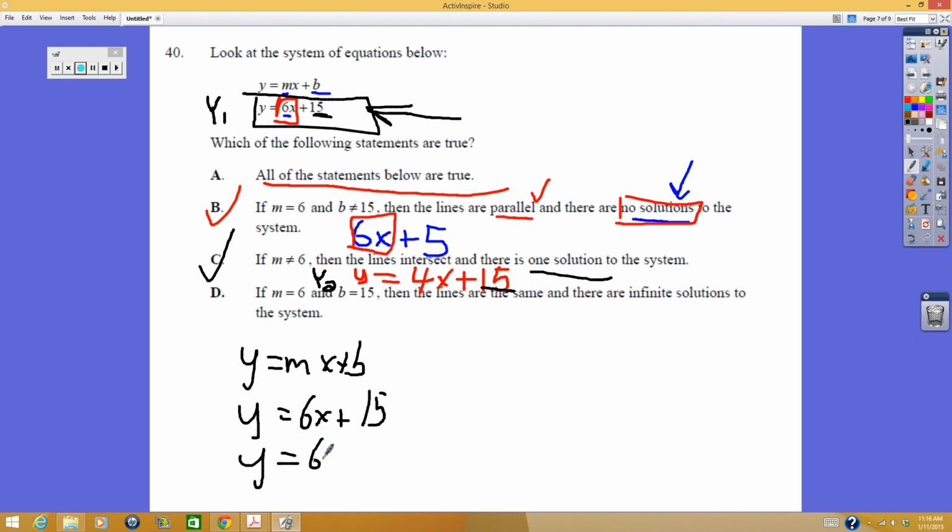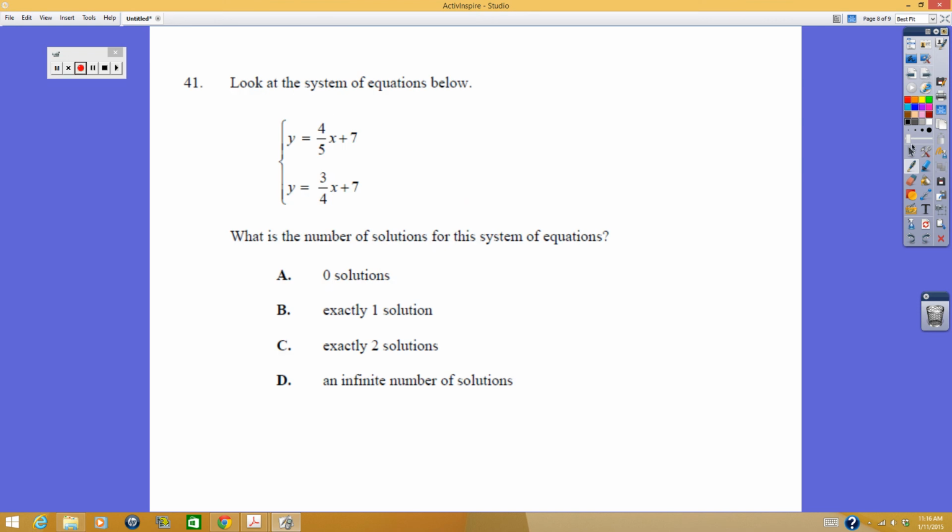If you put both of these in your calculator, if you put that in y1 and this in y2, you're going to have only one graph, or one line, that shows up. That's because basically your graph is graphing the same thing twice. They're both starting at $15, or whatever the scenario is talking about, and they're both increasing at a rate of change of going up by 6 for every x value. Okay? Number 41,